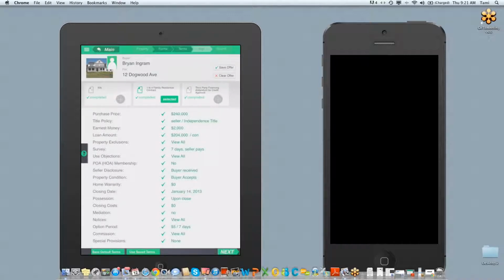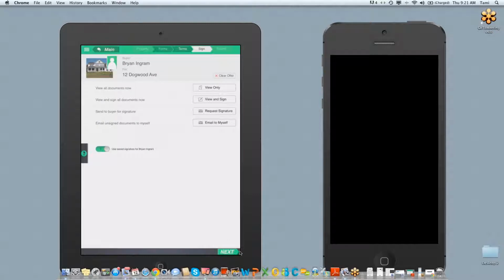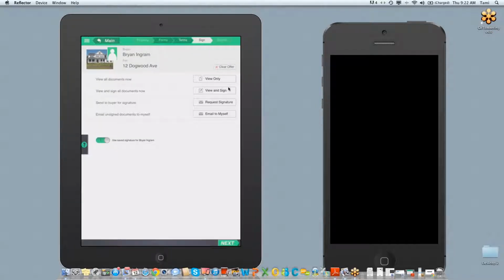I'm all set to go. It's flashing. It's telling me I'm ready. I can either tap sign at the top or next at the bottom. So from here, I can view. If my buyer is with me, I can view and sign it. If my buyer is not with me, I can request that Brian signs it remotely, or I can just email